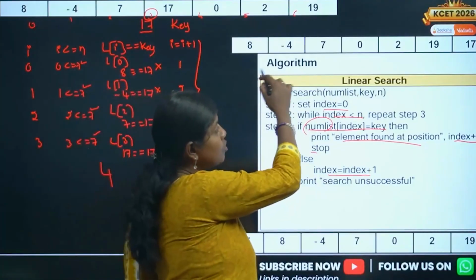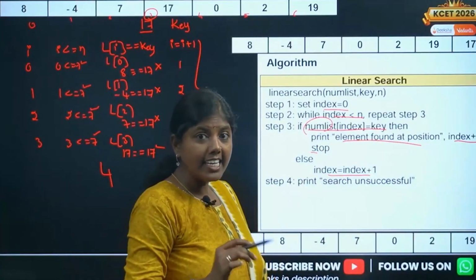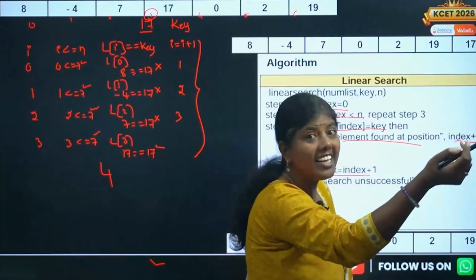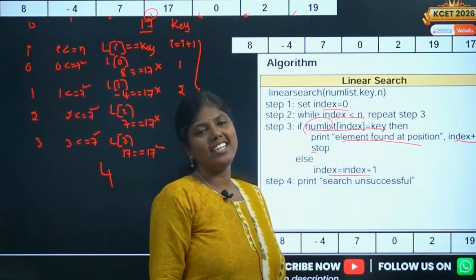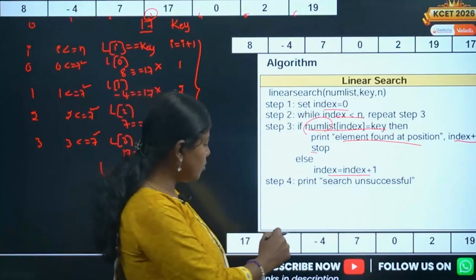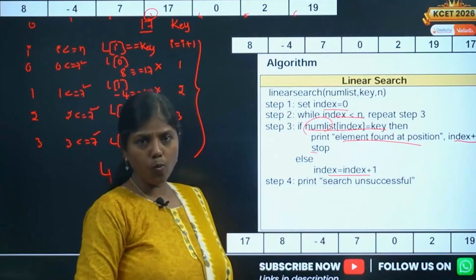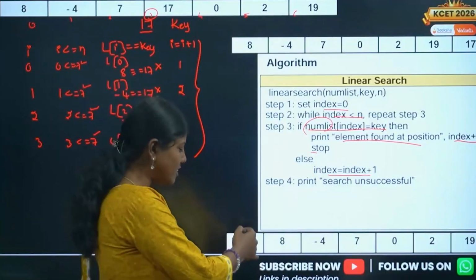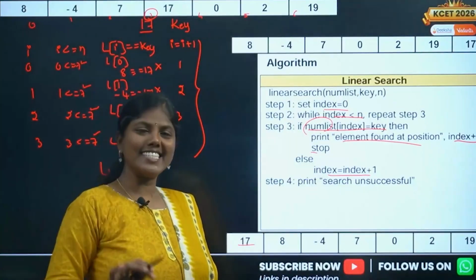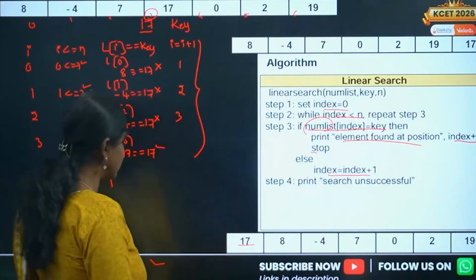In this case, if I want to search 17, how many iterations do I need? I need 1, 2, 3, 4, 5, 6, 7. 7 iterations means n iterations I needed. 17 is at the end, no. So n iterations I needed. What about in this case? I'm supposed to find 17 now. The best case: it is present in the first element itself. In the first location itself, 17 is the best case. Isn't it? So this is about linear search.